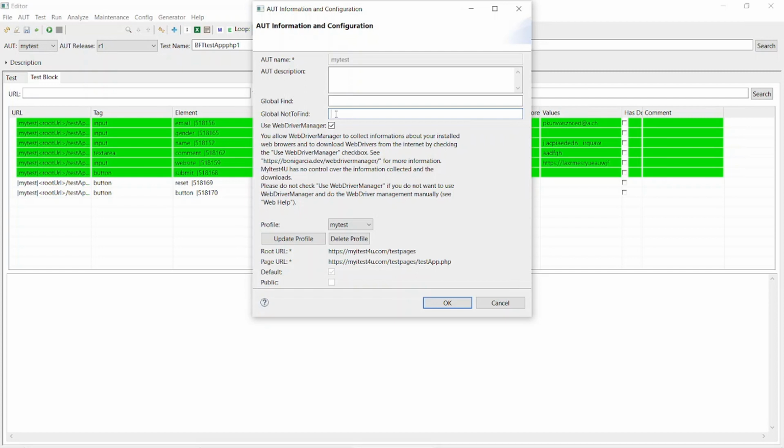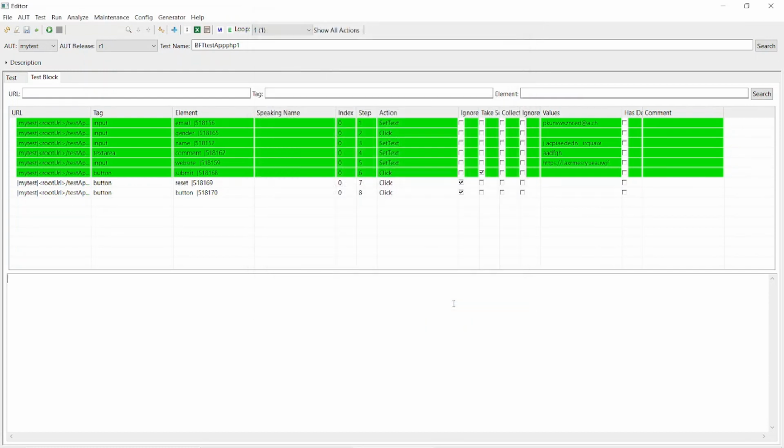And if you have more than one string, you can separate them using the pipe character. Now for demonstration we will use home as the string which should be found on every page, and we know it's not there on the starting page of our test app. So we click OK, and that's why we will now run the test